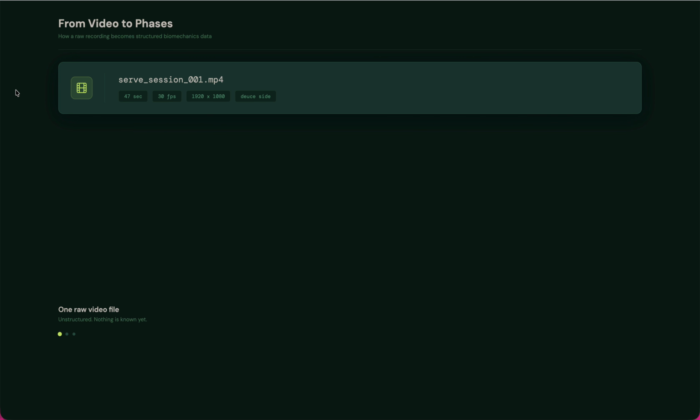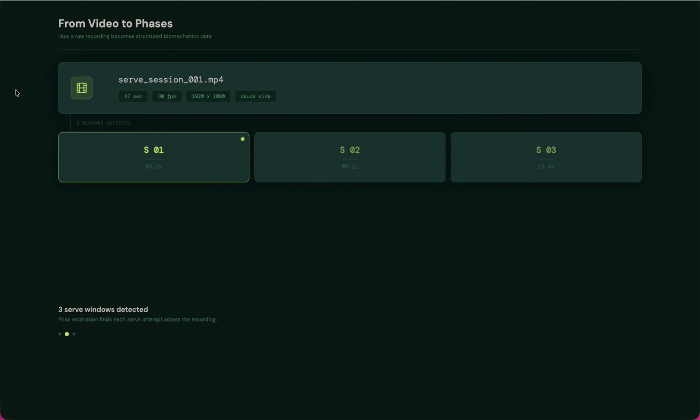Basically, you can play around with it so you get the point. But once you have a video, you'd upload it, and what happens in the background is that we would detect all the serves within that video. If it's a match, you'd have fewer serves across the same amount of time. If it's a serve drill, you probably have quite a number of serves even within a 1 minute period. So we extract all those. We use heuristics to figure out what are the serve windows.